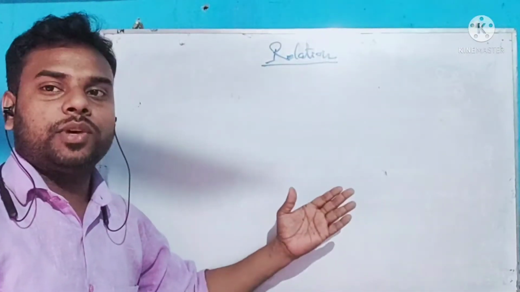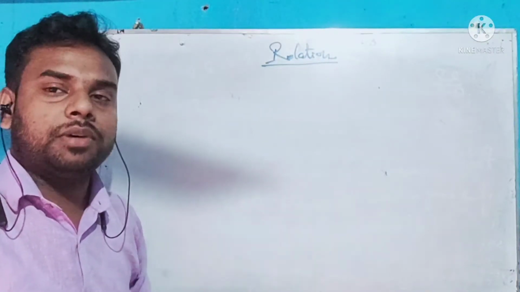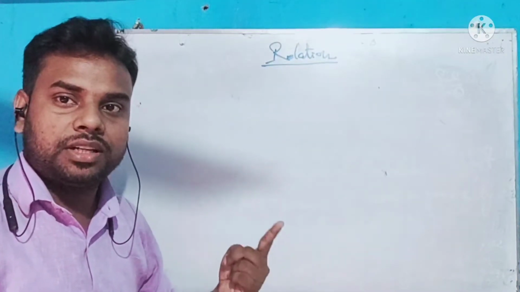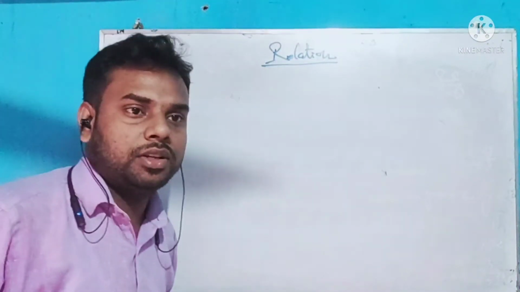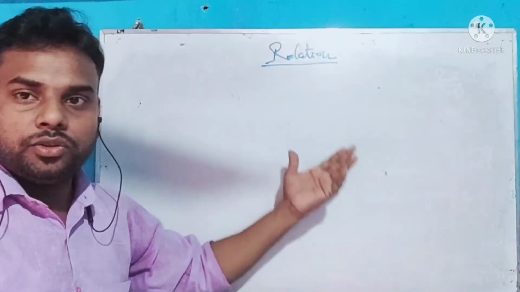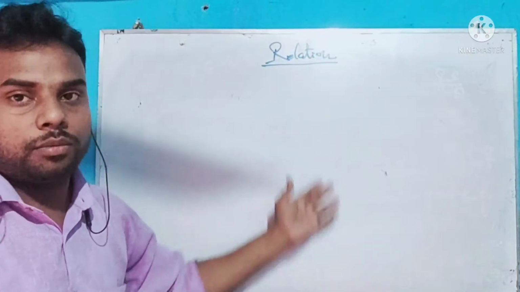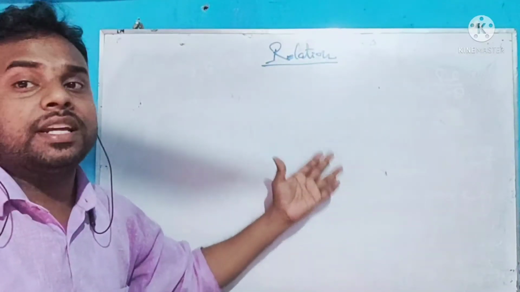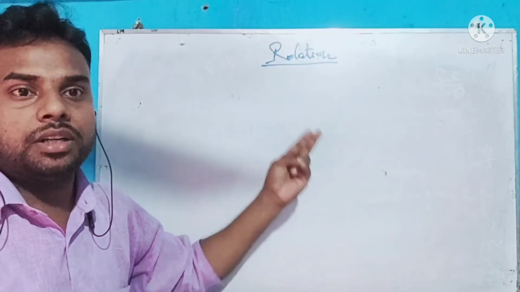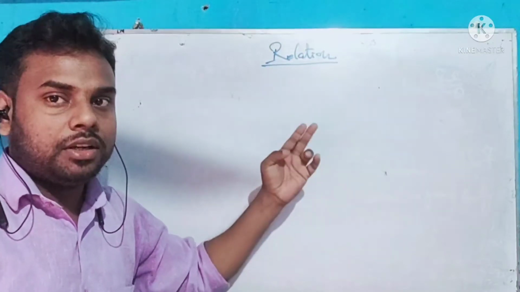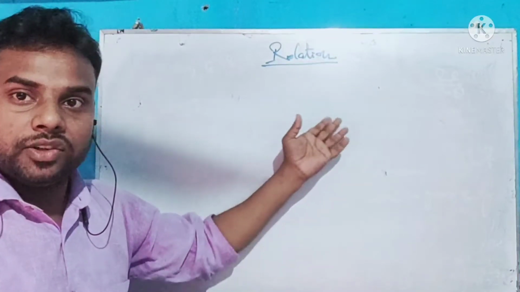In this video we are going to discuss relations. Before we start, we have to know about three things. First is the set, second is the ordered pair, third is the Cartesian product. I hope all of you know about sets, the types of sets and their forms, and how we can represent a set. There are two representations of a set: the roster form and the set builder form. These two forms of representation we will use in relation also.